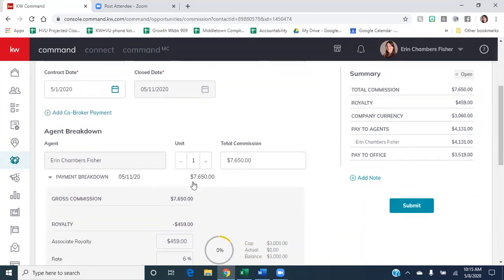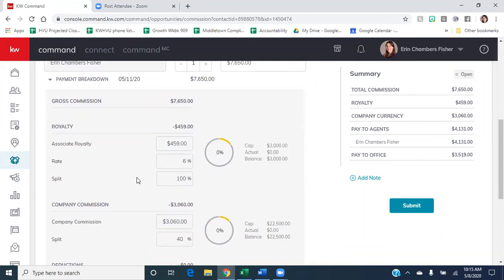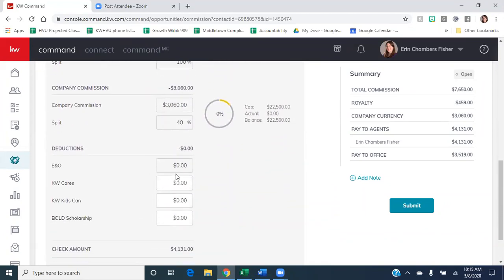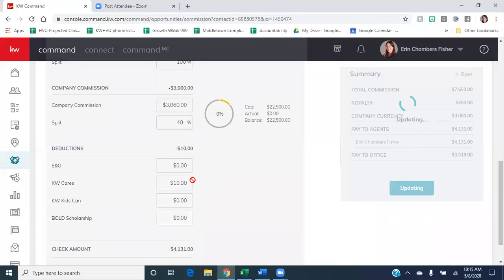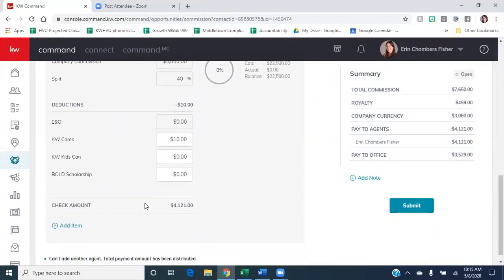So you're going to start to filter down and you're going to see agent breakdown, and it's going to give you your name and information. It's going to pull all this commission information over here and start to show you the breakdown with the royalty, your commission split, company dollar, etc. Here's where you can donate to KW Cares or KW Kids Can. You can put this information here in this box and enter all this information,